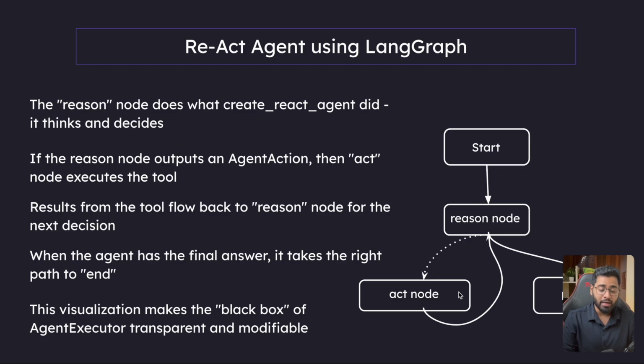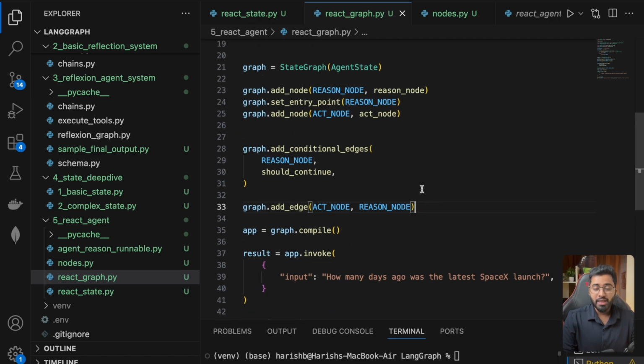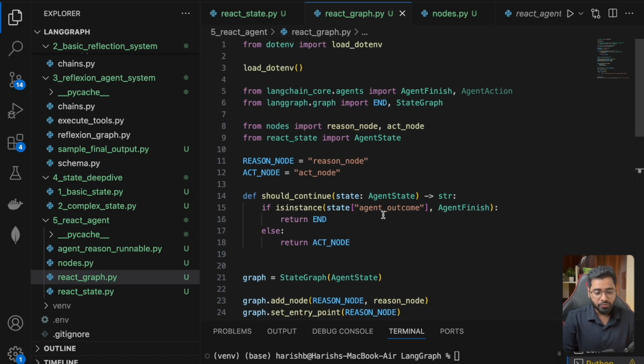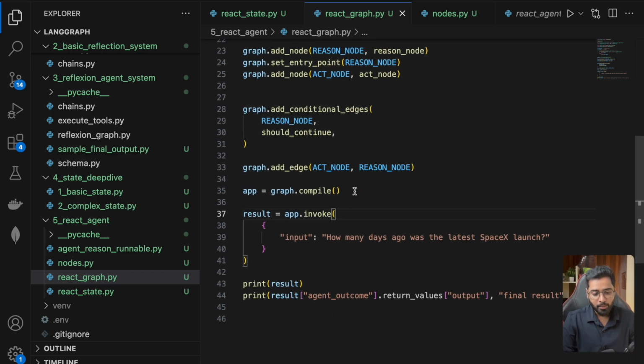So right after the act node, it should always come back to the reason node, right? And that is exactly what I've added here. That is it. Okay, so nothing out of the ordinary. All of this is something that we are already familiar with. Okay, and finally, we are going to compile the app and then we are going to invoke the app using